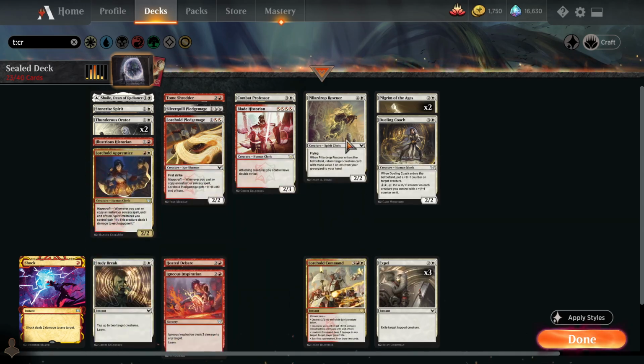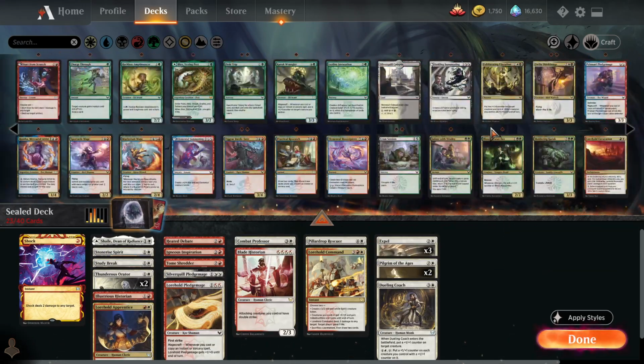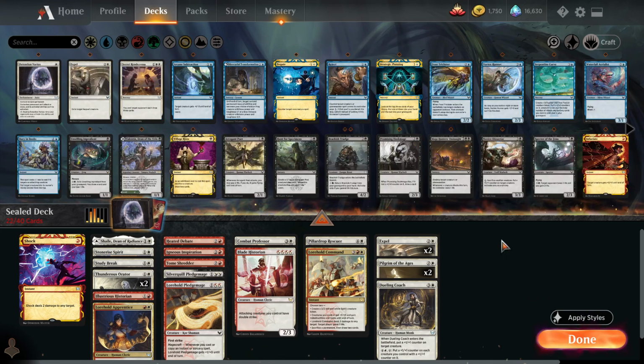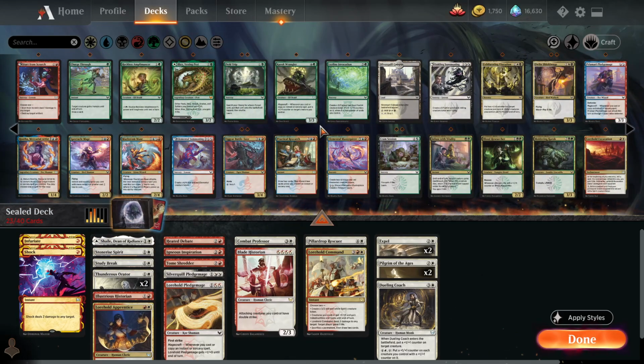Yeah, these are great instants and sorceries, so I don't really think I have room for just combat tricks, even though this would be a deck that could use them. I mean, maybe we could cut like 1 Expel for an Infuriate. That seems solid to me. Yeah, we'll cut 1 Expel, throw in 1 Infuriate,